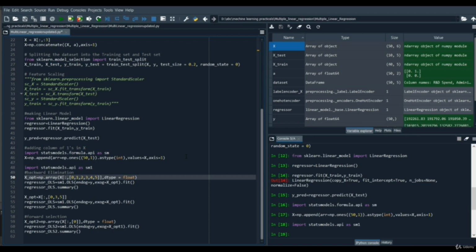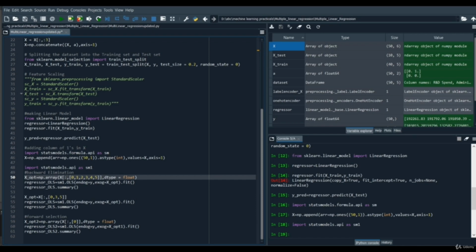And similarly we are going to keep doing that until we get a collection of independent variables which have quite a great relation with the dependent variable, and that's how we are going to get all the independent variables which are required for our model. When we use those independent variables for our model construction, that model is going to give us quite accurate predictions. So let's try to see both the methods, backward elimination and forward selection, in our code.